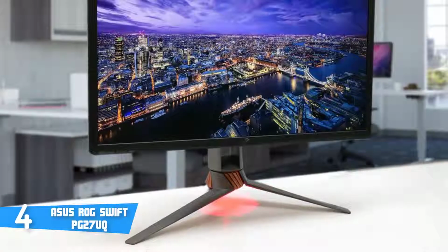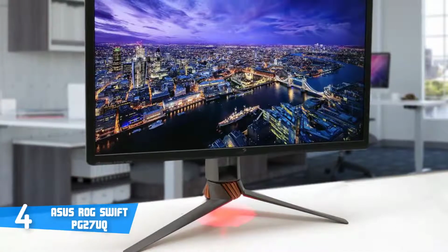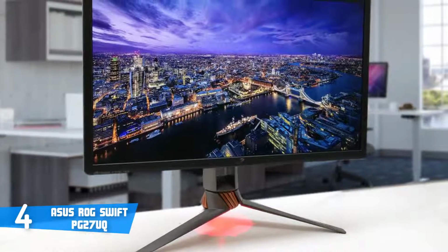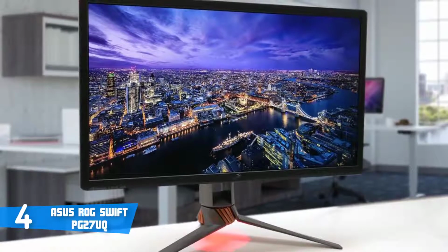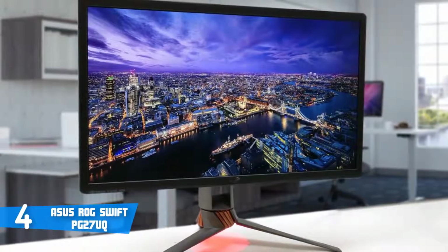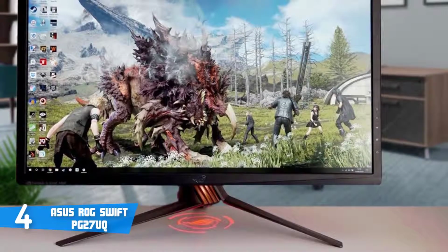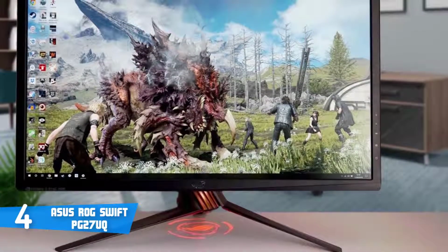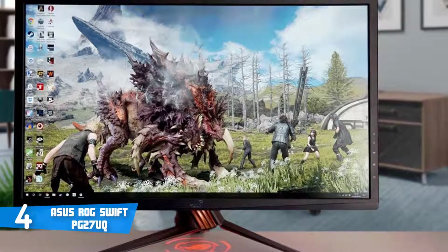That might sound like heaven, but an ultra-premium gaming monitor of that caliber also has an ultra-premium price, and that's one of the main reasons why this monitor isn't listed as the number 1 best monitor in this list. To get this monitor running correctly, you also need a very high-end computer that can handle the monitor properly. So if you have a computer that you built with $500, just skip this part because this monitor isn't for